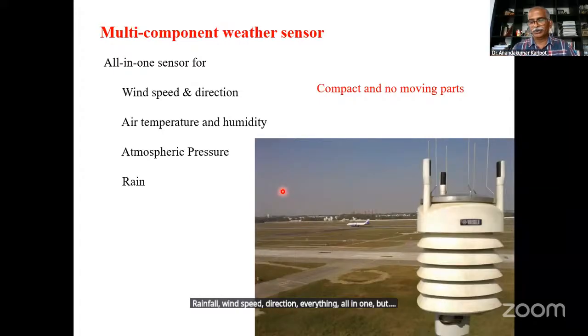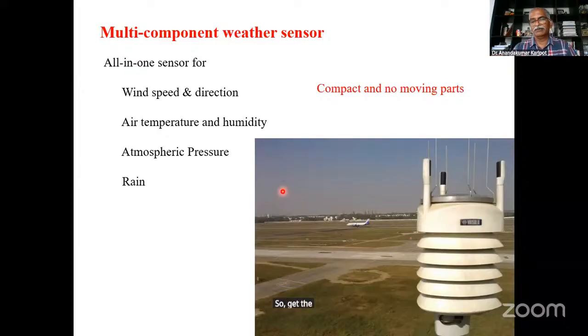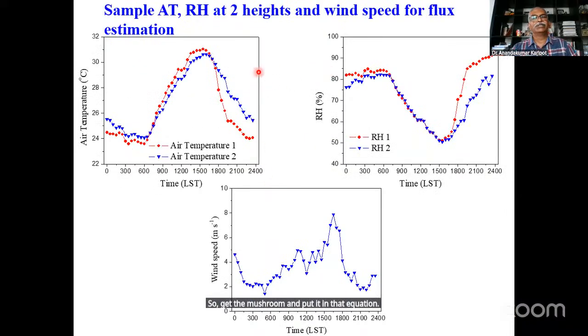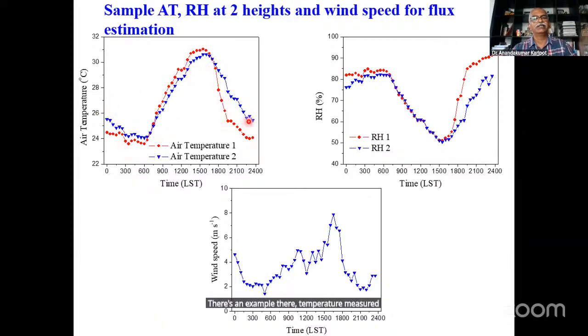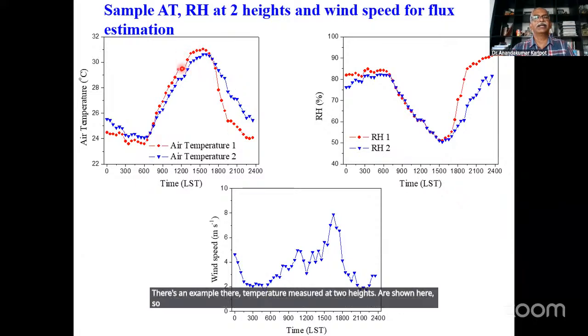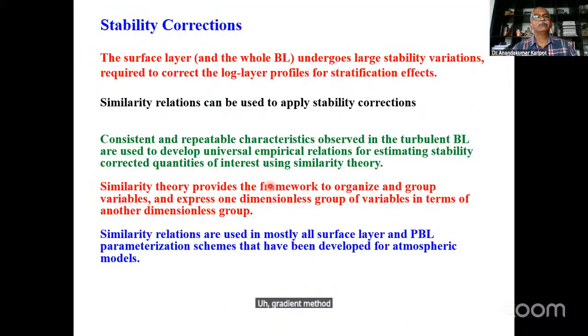But if you want to use the gradient method, you need to have measurements at two different heights. So get the measurement, put it in that equation, and use it. Just an example, the air temperature measured at two heights is shown here. So you can calculate the gradient, the difference between the values of air temperature or relative humidity at two heights. And then we need the information about the wind speed also. With the help of this, we can calculate the fluxes either using the gradient method or using the bulk